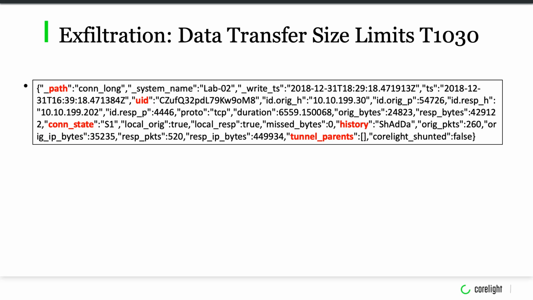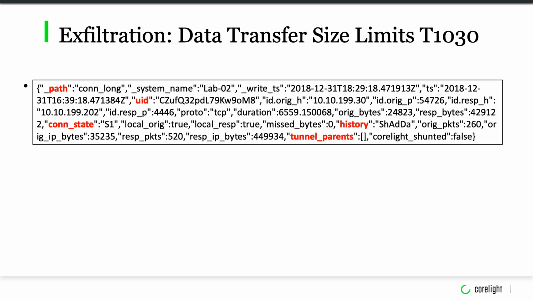Was it a healthy transaction? And really with that on the far left, you see connection state. So connection state summarizes the connection. It can be, if it's rejected, a connection was attempted but rejected, could be indicative of something, or a connection was established but the originator aborted it. It's really something that's quick and easy so that you can look to see what is that item that's out